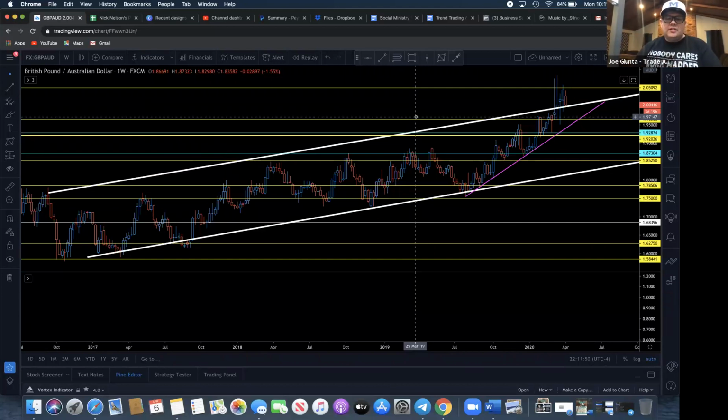Nothing is a guarantee in Forex. We're just taking what is a high probability. We're looking at something that meets a certain criteria, and everybody's criteria might be a little different, and that's okay. But you got to have some criteria in place that says if the chart doesn't show me this and this, I'm not taking the trade.